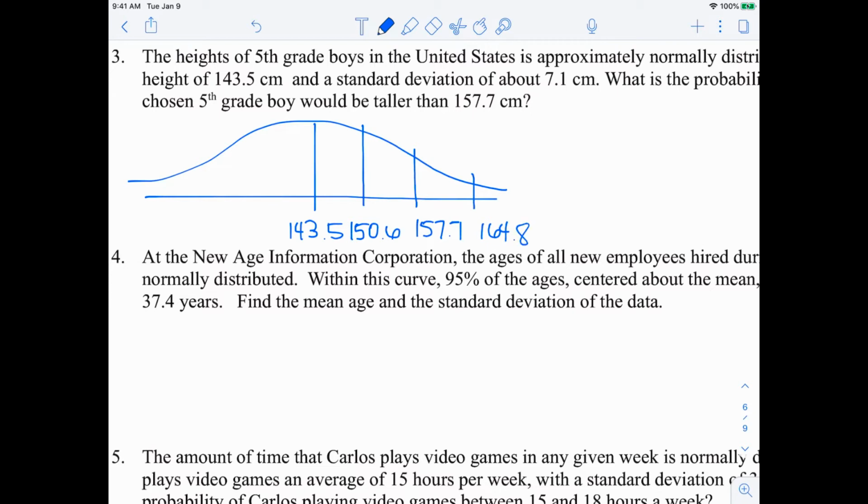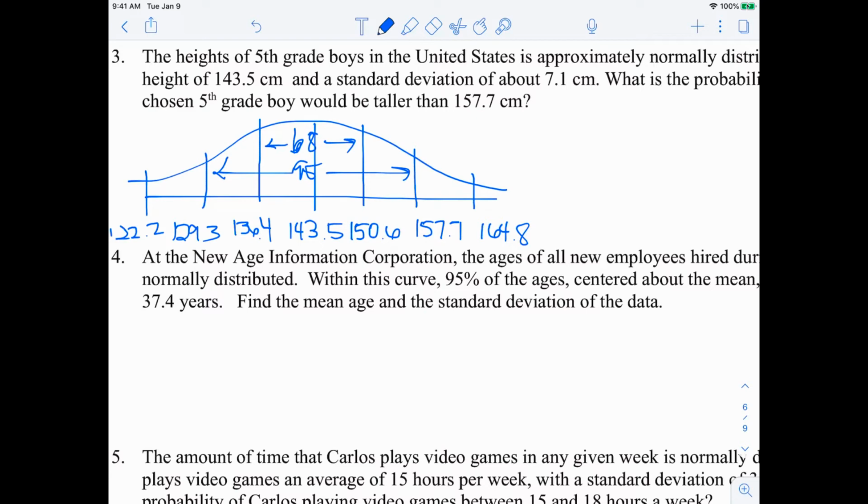164.8. Again, going down, I would be subtracting 7.1. So 1 standard deviation below is going to be 136.4. 2 standard deviations below, I would subtract 7.1 again, and I would end up with 129.3. And then 3 standard deviations below, and I get 122.2. Now, again, I know that 68% fall within 1 standard deviation, 95% fall within 2, and 99.7 do fall